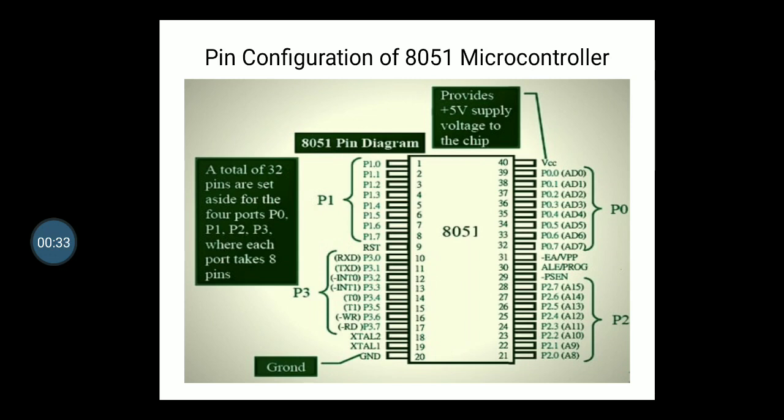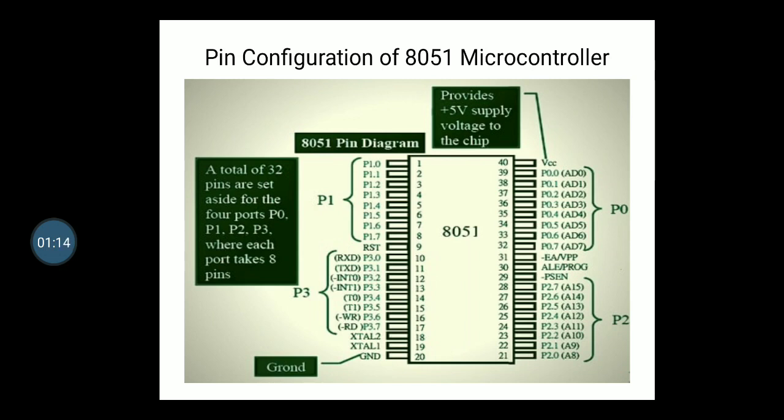Now microcontroller is nothing but a chip, right? Now that chip has different pins. So there are total 40 pins, right? And now we know that there are total 4 ports, okay? And each port is of 8 bit. And for 1 bit we need 1 pin, right? So you can see here from 1 to 8. From pin number 1 to pin number 8 we have port 1. How will we denote port 1? Port 1.0, port 1.1 till port 1.7. So port 1.0 to port 1.7 means total there are 8 pins. So 8 pins are for port 1.